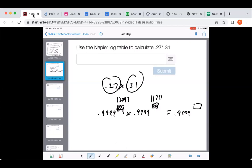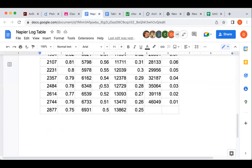And now we add the exponents together. That's the only actual calculation we need. 2, 4, 8, 0, 4. And finally, we come over here and we see